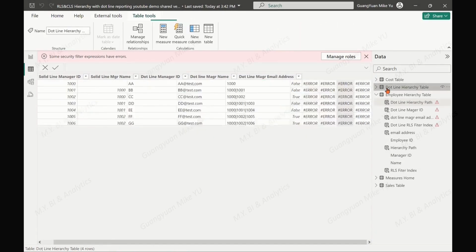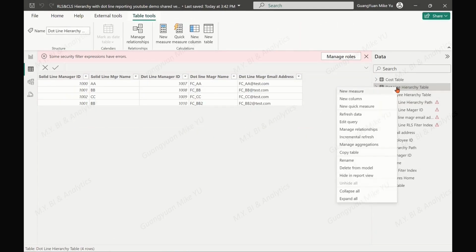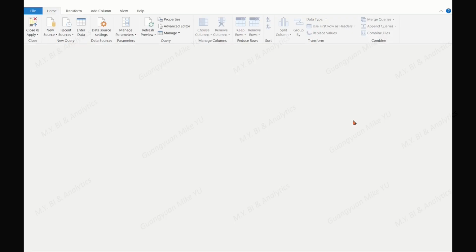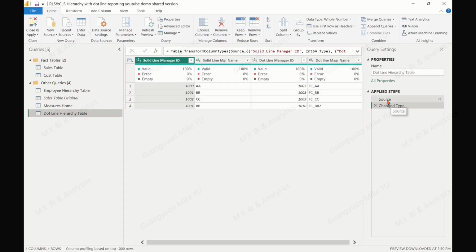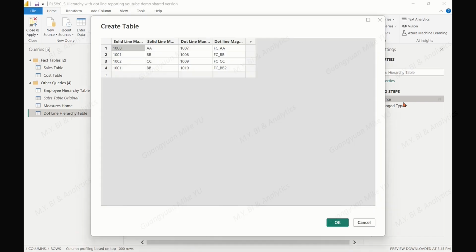Okay, let's get started. First, let's add more different types of .9 managers in the dimension table, .9 hierarchy table, according to the mentioned scenario. Let's add two additional F&C managers, one as FC_BB2 for the solid line manager BB level, and one as FC_CC2 for the solid line manager CC level. Then add four HR managers for each solid line level,